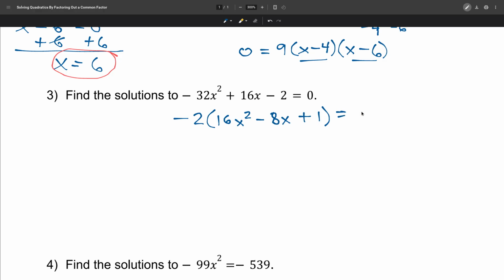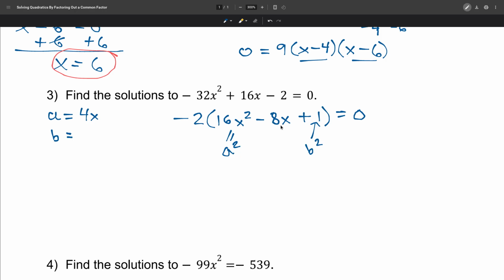So I'm looking inside, and I want to think, is 16x squared minus 8x plus 1 a perfect square trinomial? Well, if I say that a squared equals 16x squared, then a would be the square root of that. That would be 4x. And if I say b squared equals 1, keeping in mind that we have a negative here, then b,